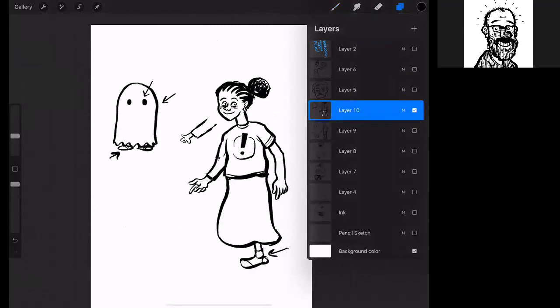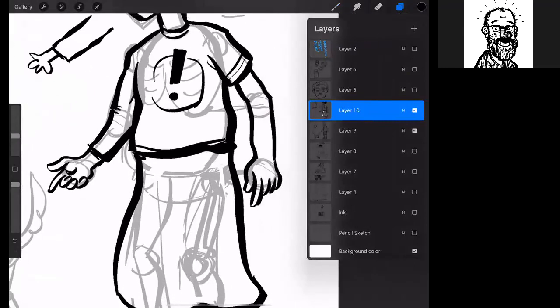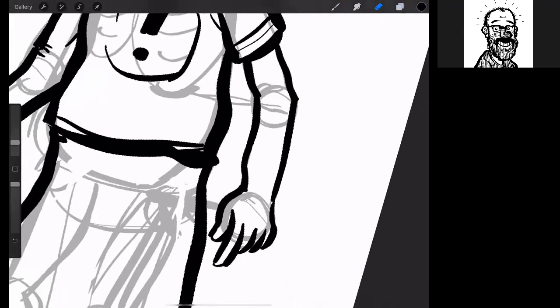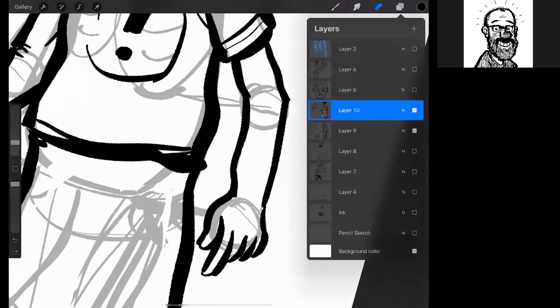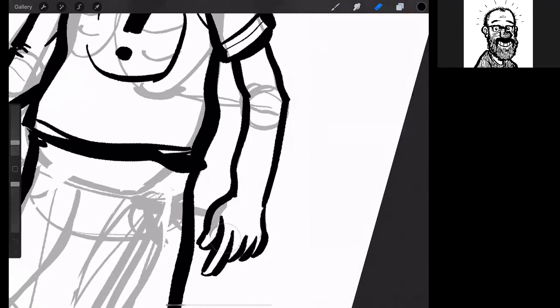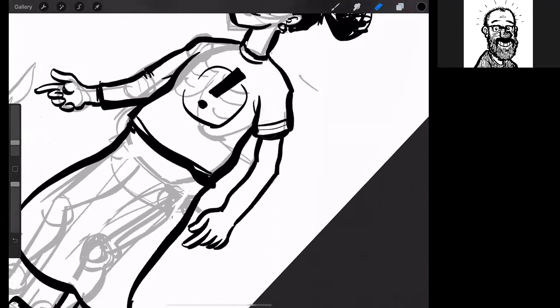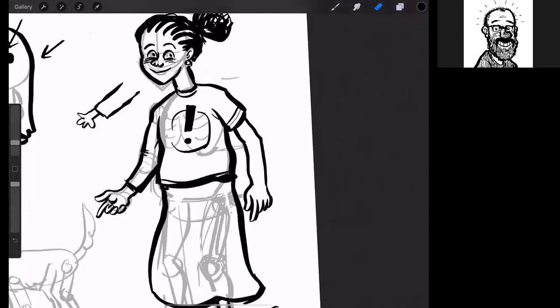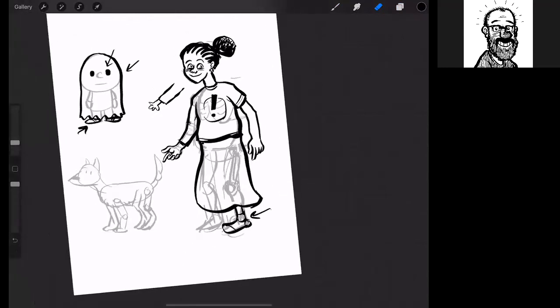And I know that it's a bit tricky the way I'm showing you on the screen here because I have layers that I can turn on and off. But even when I'm sketching on paper, if I'm done with some shapes, oops, wrong layer, that I don't need anymore, I can start to erase them and just leave behind the most important lines, even if I'm just working in pencil. And that can clean up your drawing quite a bit, leaving behind the choices that you as the cartoonist made, what lines are most important,